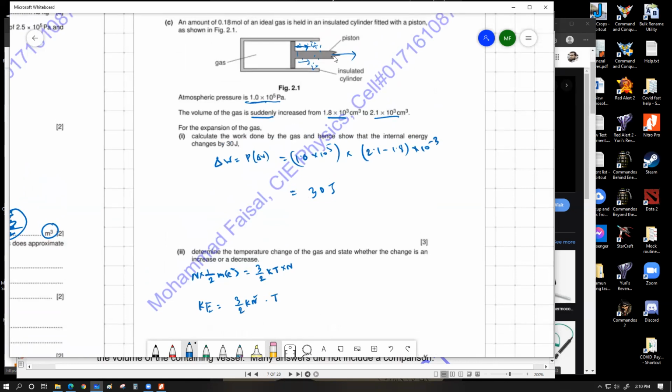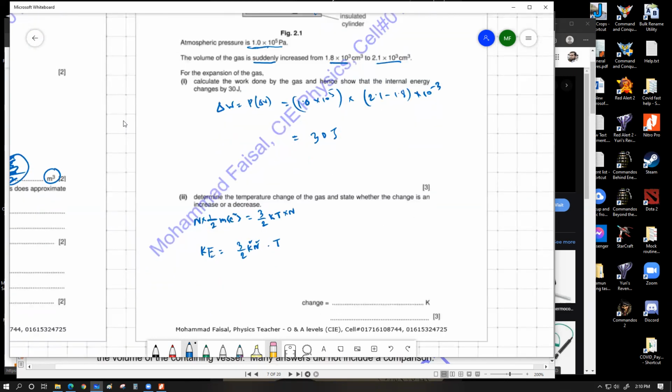So N is a constant, K is a constant, 3 by 2 is also a constant, which gives us the relationship that the total kinetic energy of a certain gas is directly proportional to Kelvin temperature. Now does that help me? Delta K is proportional to delta T. Okay, delta K equals